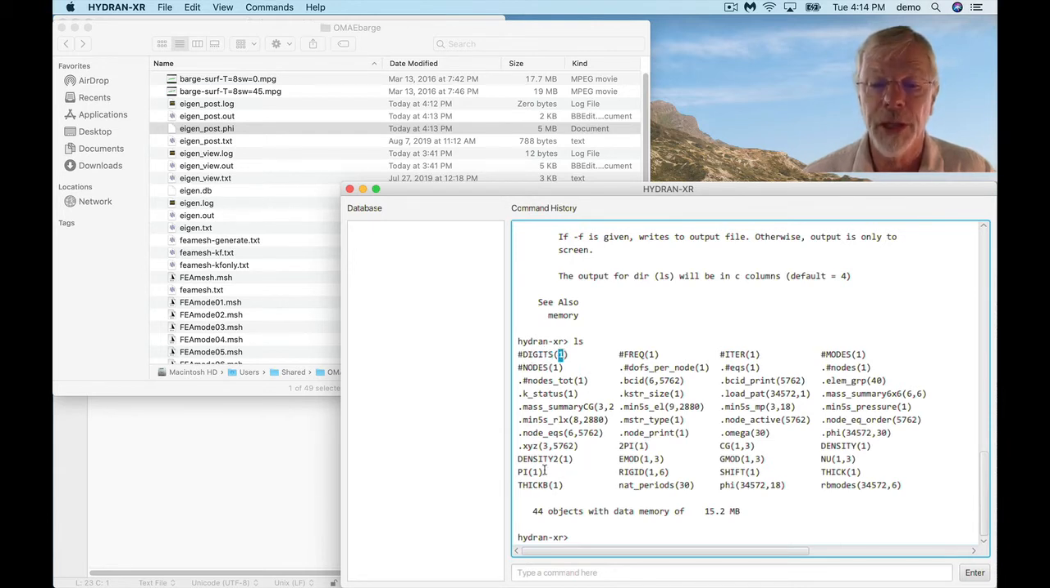And we can see that, for example, where's phi? Here, phi is what we defined, right? Our first 18 modes, and 34,572 is the number of degrees of freedom. So phi is this matrix here, and the mass summary that we created by that mass summary command, this is the 6x6 mass matrix, right,